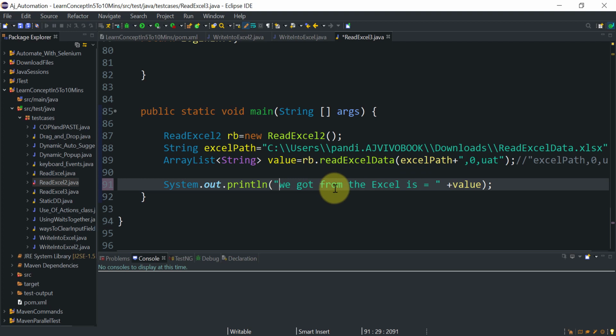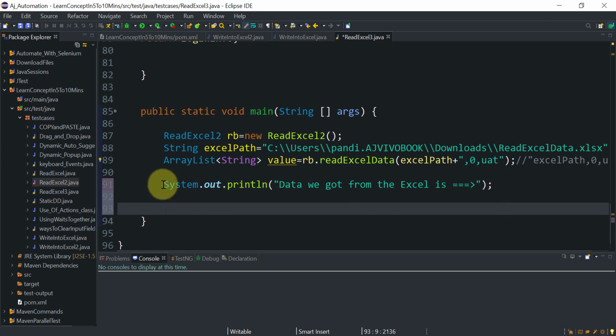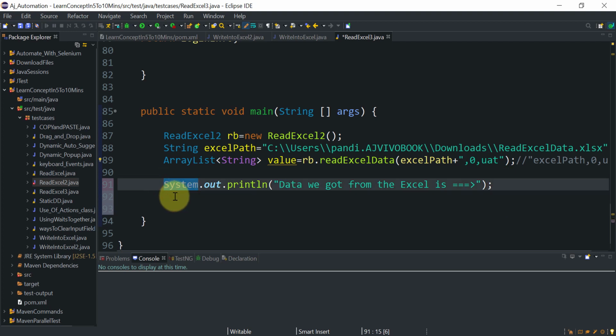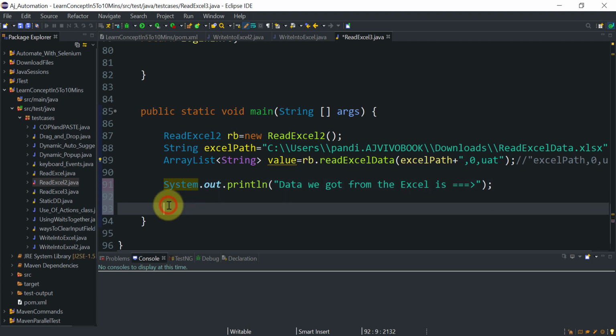So here we will print, data we got from the Excel is, and this is not required here. Data is, we will print it here. Let's say user ID is equal to, so what will be my user ID?